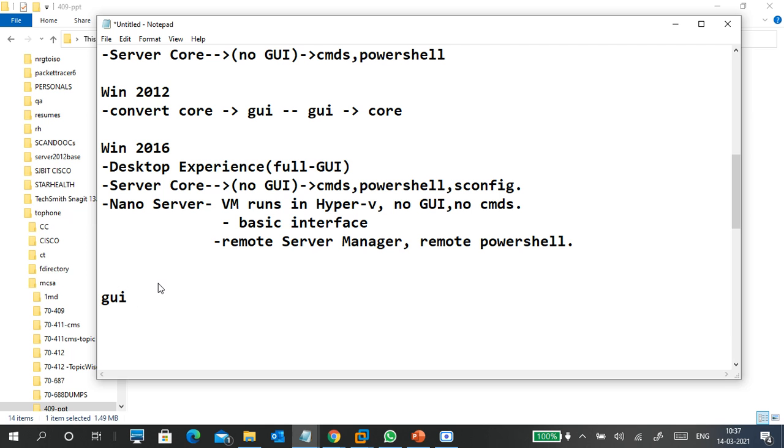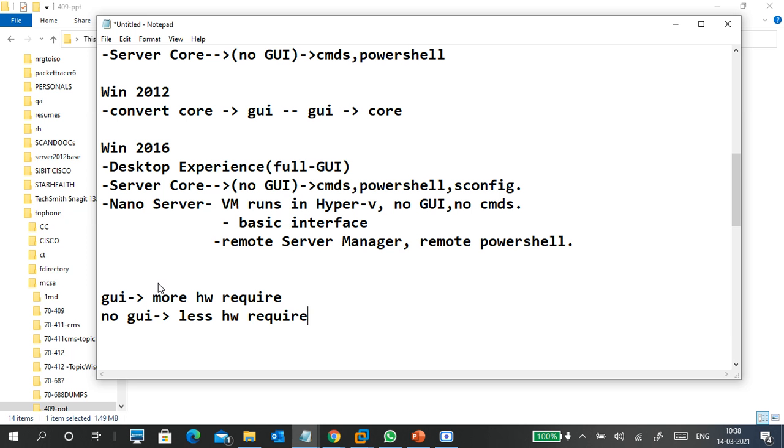If GUI is there, it means more hardware is required, right? If GUI is there, more hardware is required. No GUI means less hardware requirement. So compared to the GUI, no GUI needs less hardware.